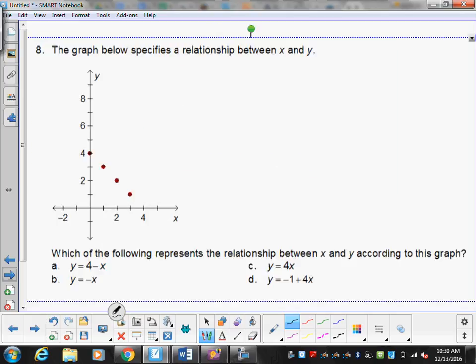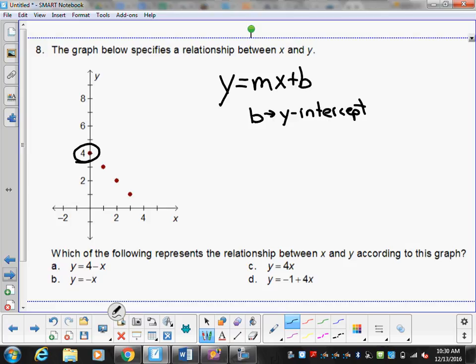On number 8, the graph below represents a relationship between x and y. It says, which of the following represents that relationship according to that graph? So remember, if we have the form y equals mx plus b, b is our y-intercept. So the first thing we're going to look for is where the line, or where the dots, cross the y-axis. And that's here at a positive 4. So somewhere on this problem, you should have a positive 4. And then remember that m is our slope,